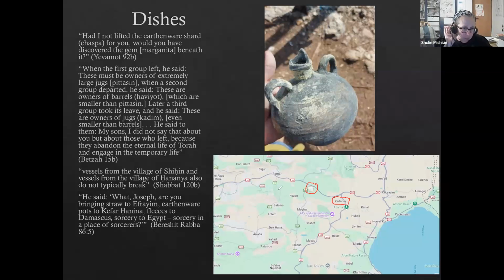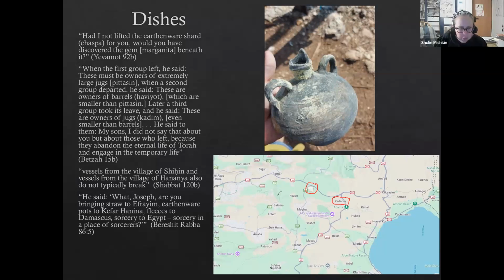Take a look in Shabbos. Vessels from Shichin and Kfar Hanania do not typically break, right? These are considered to be, whether because, well, probably both, because the craftsmen were good and also the raw materials, right? The dirt, the mud was good for making pottery. And then we have a different version of the same idea, but in the Midrashic form, right? Where